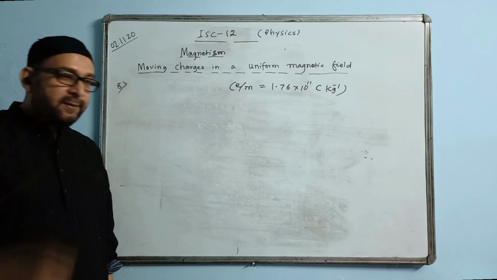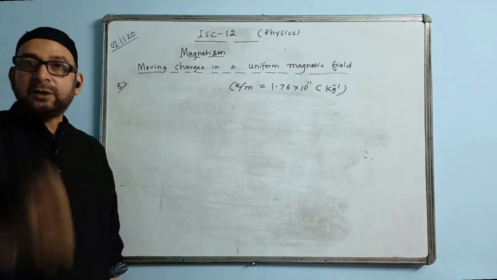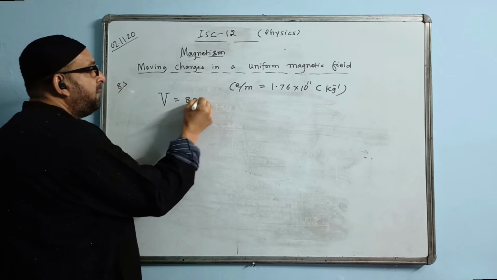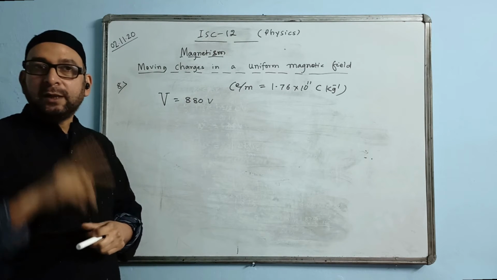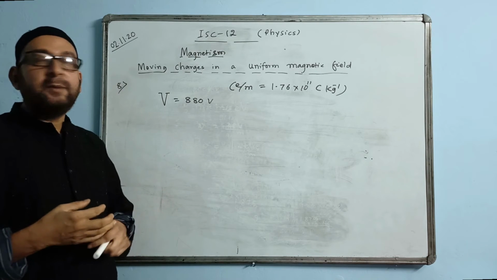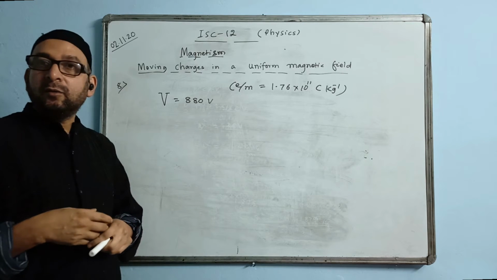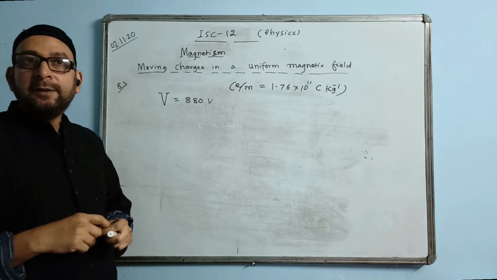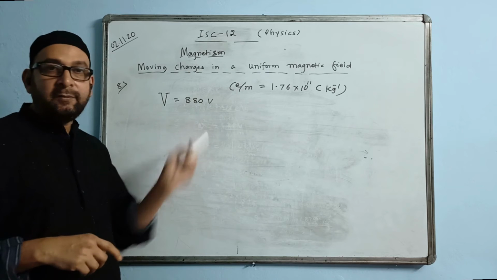Again, the energy of the electron is given, 880 electron volt. In 880 electron volt, how much is the value of voltage? The value of voltage will be 880 volts. For example, 1 EV will have voltage value 1 volt, 2 EV will have 2 volt, 3 EV will have 3 volt. That is the definition. In the previous chapter I had taught the definition of 1 electron volt. It was the energy gained by an electron through a PD of 1 volt. In 1 EV the voltage value is 1 volt, in 100 EV it is 100 volts, so for 880 EV the value of voltage is 880 volts. So that we write first.